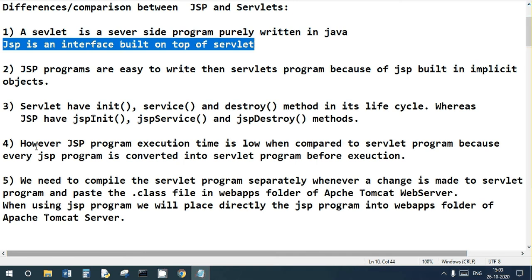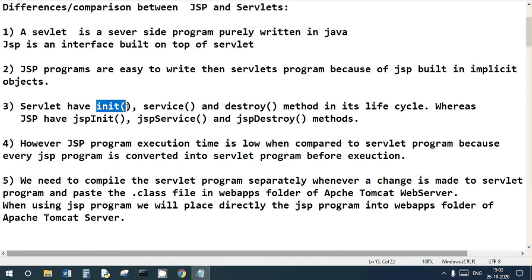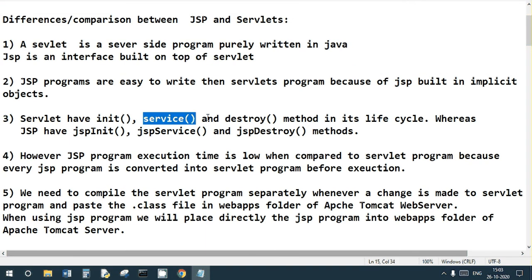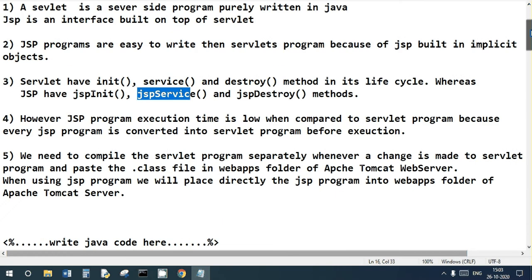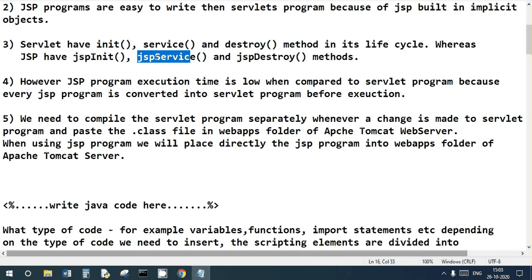The third thing is lifecycle methods. Servlets have init, service, and destroy, and JSP has jspInit, jspService, and jspDestroy methods.